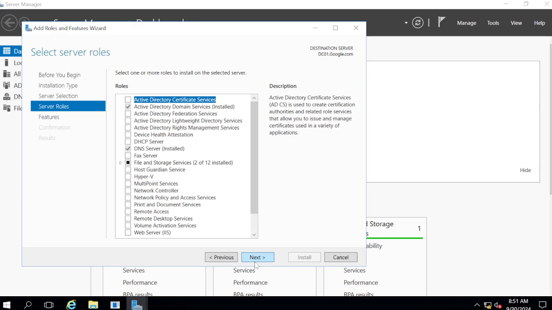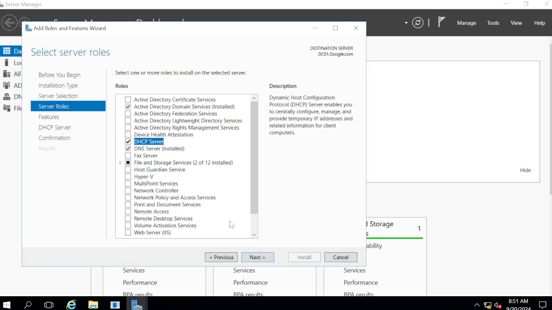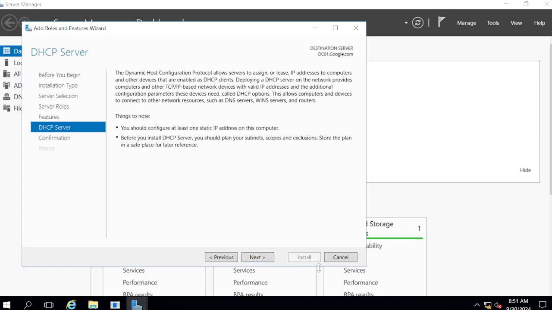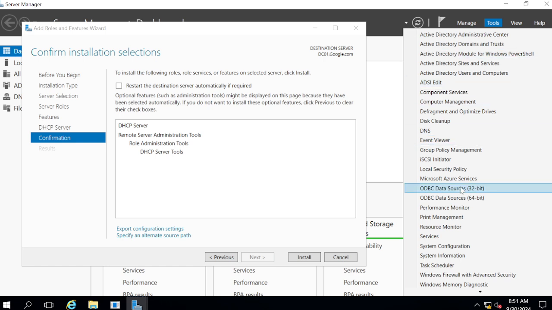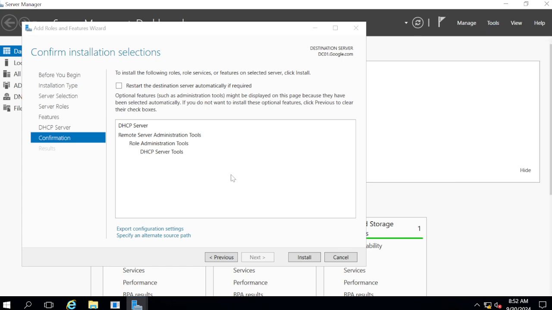Now here you see a role called DHCP Server. Click on the DHCP Server role, add the feature, click on next, next, next. So before I click on install, you see here in the tools, you don't see any option called DHCP. See, in the D, only three things are starting: Defragment, Disk Cleanup, and DNS, and you don't see the DHCP there. Okay, now what I will do, I will click on install,